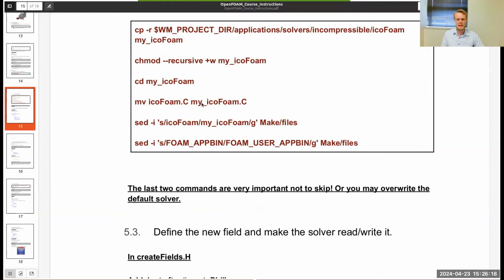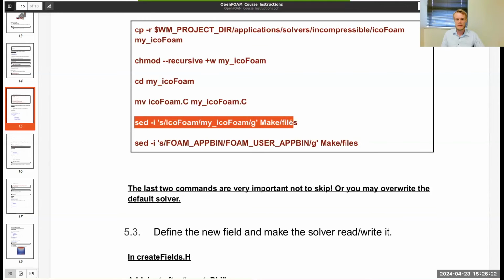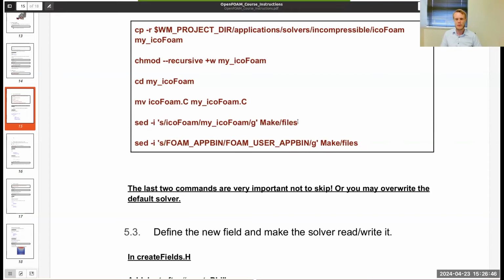The next thing is I put this command here. This is, I would say, the most important command when you're making your own solver. This basically tells it, you can go in and do this graphically in this file as well. For each library and for each utility in OpenFOAM there is a Make folder, and that one has a file called files,